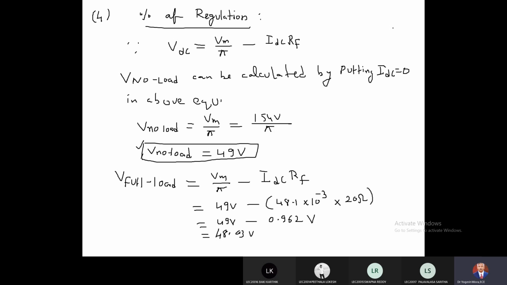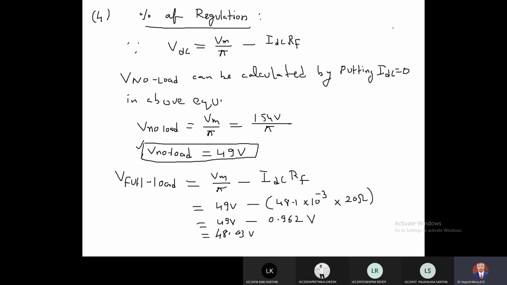At that time you will get the voltage. If you measure the voltage at the lead of your charger, then you will get a voltage at no load, right? The moment you connect a mobile phone with your charger, then what will happen? Immediately the mobile load is connected there, so voltage will drop, and that is your voltage at full load.